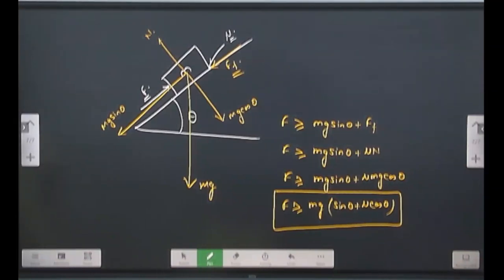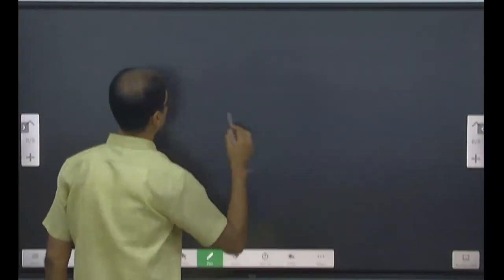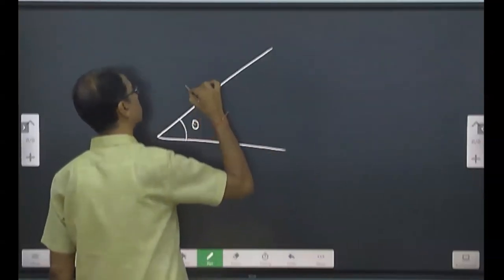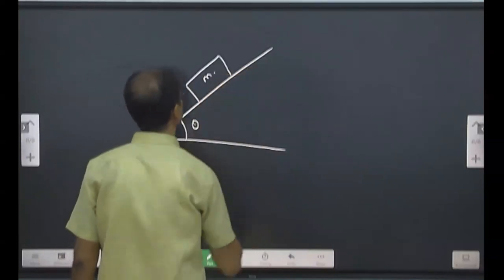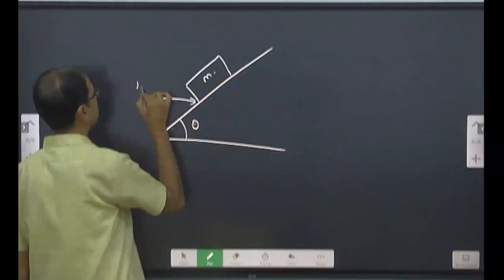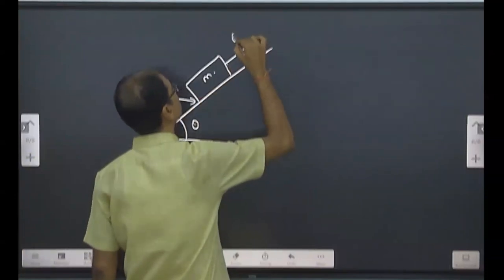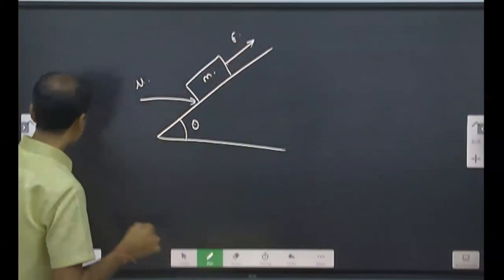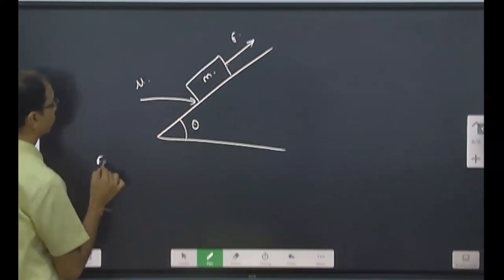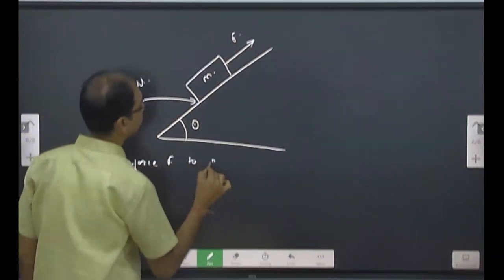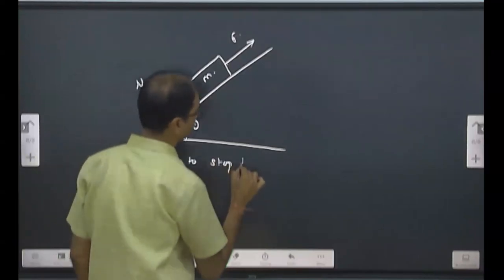Completed? Yes, sir. Okay, let's see another one. Same way, this inclined plane, angle is theta. Here is the box. This is m. Coefficient of friction between them is mu. This time I want to apply the force like this. Find force F to stop the box or the block